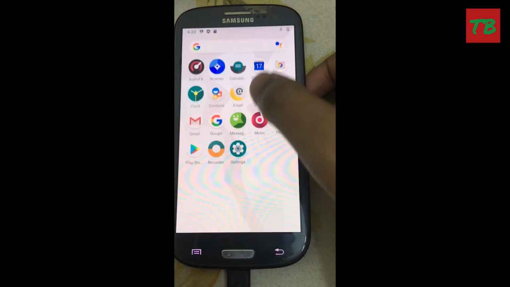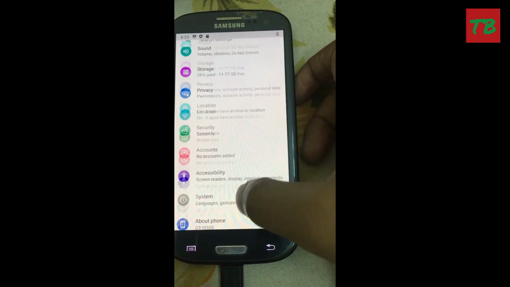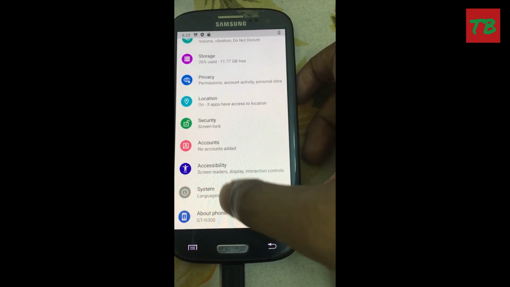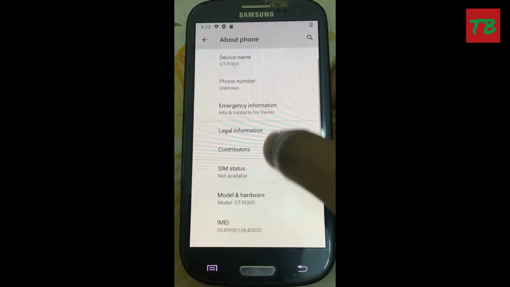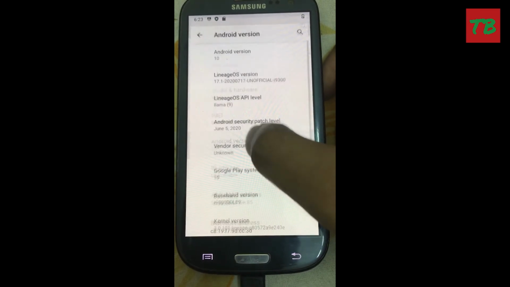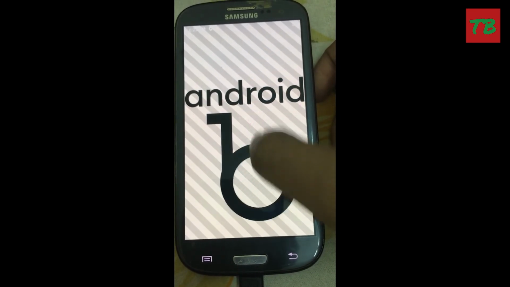So as you can see guys, the UI is smooth. Let's go to about phone, and as you can see guys, it's running Android 10.